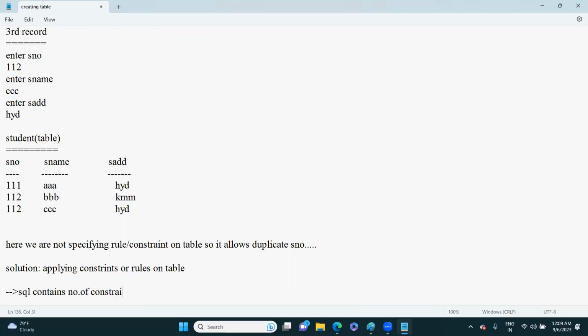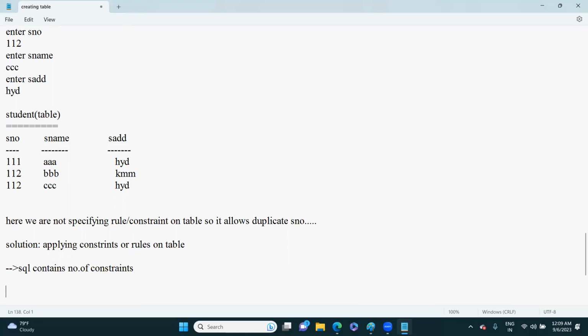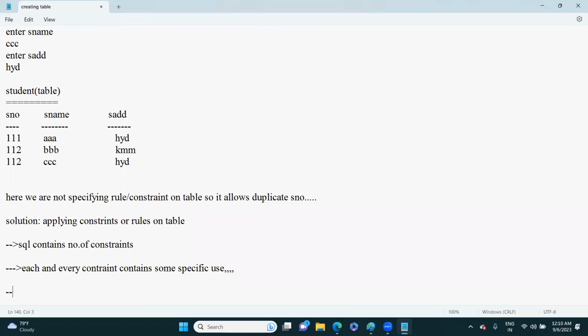Each and every constraint has some specific purpose, some specific use. SQL contains a lot of constraints. Each and every constraint has some specific purpose. If you know the use of a particular constraint,